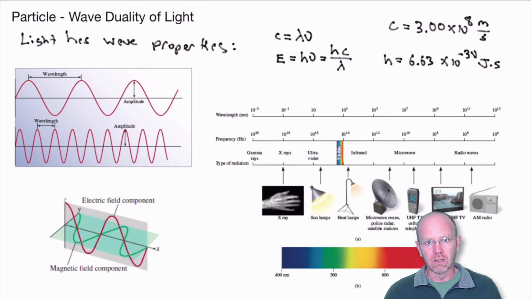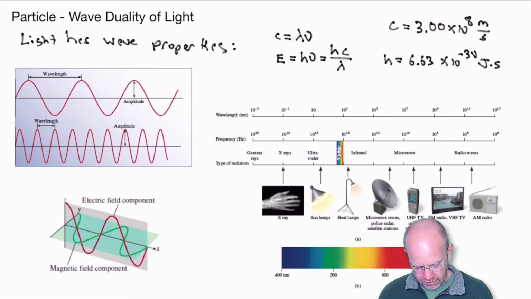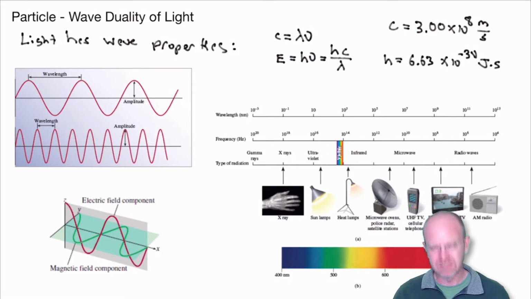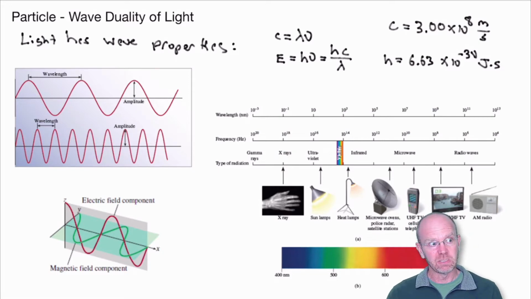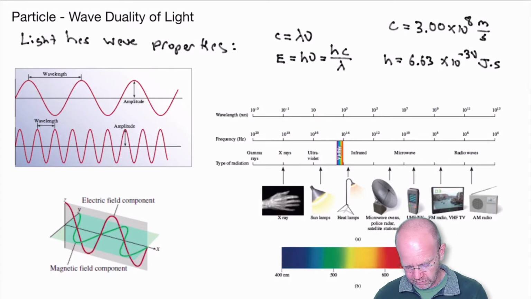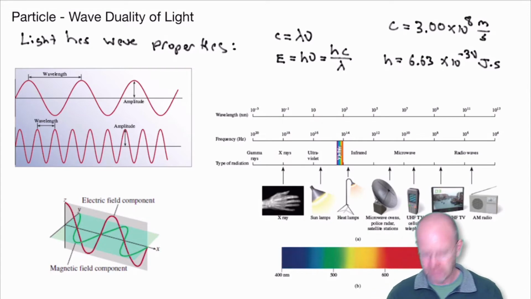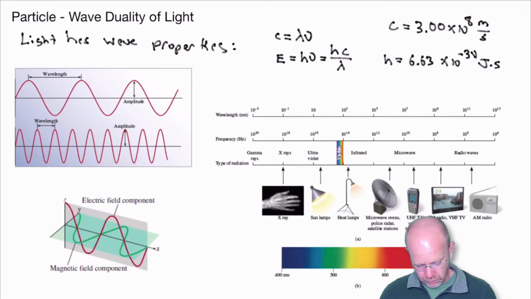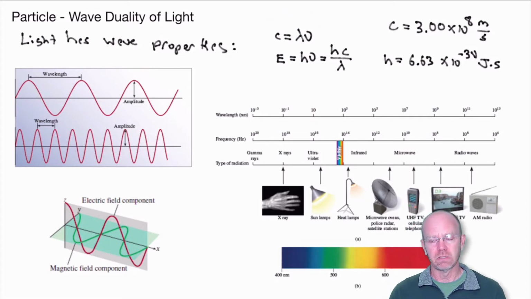One thing about light that's very wave-like is that its speed, what we call c, is equal to the wavelength of that light, lambda, times its frequency, nu. So c equals lambda nu. And that speed of light is constant in a vacuum. It is, with a little bit of rounding, 3.00 times 10 to the 8th meters per second, with 3 significant digits. So that speed of light is fixed, and if we know the speed of light and either the frequency or the wavelength of that light, we can calculate the variable that we don't know. We can also relate